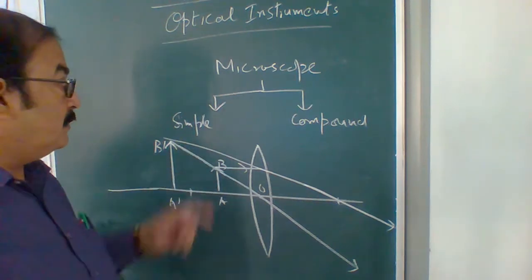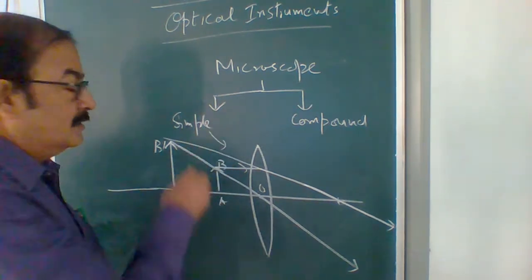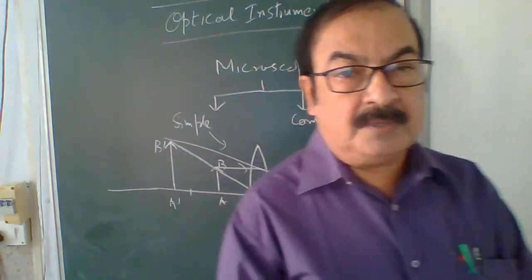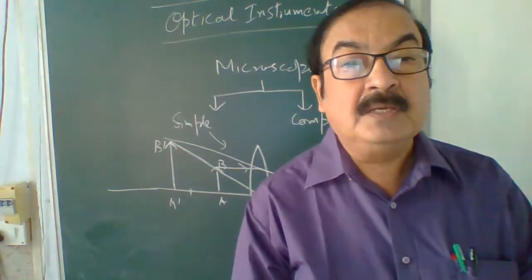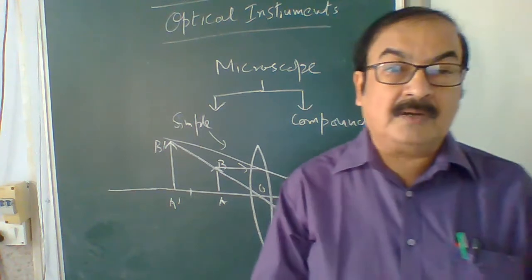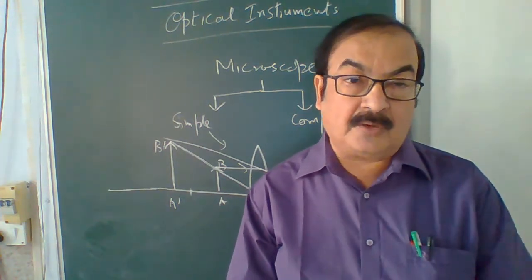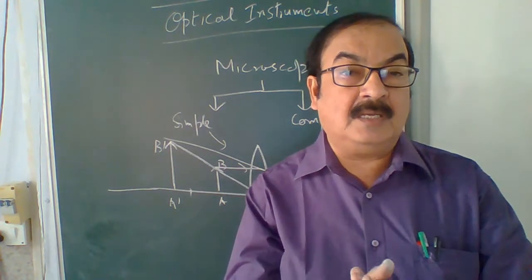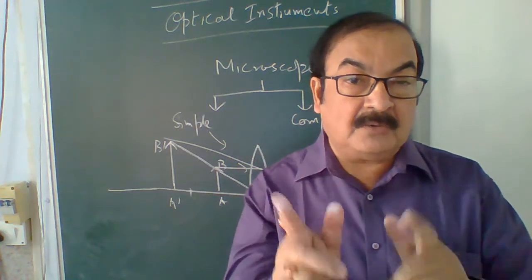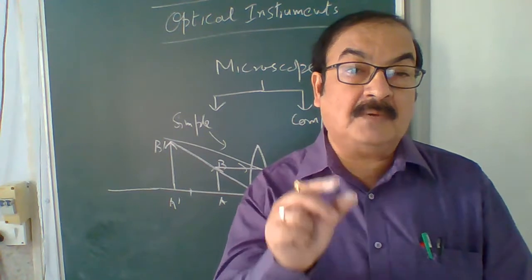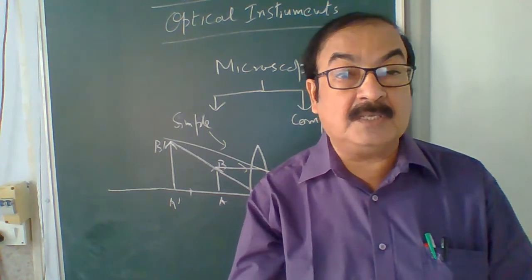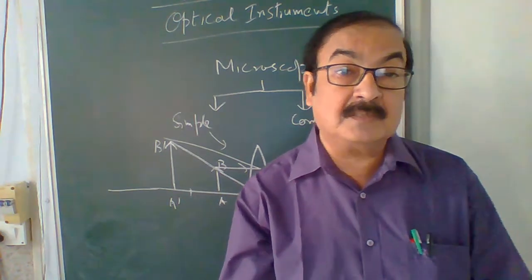Remember, the simple microscope is just like this. Always remember, if anybody asks what a simple microscope is, it is simply a convex lens of small focal length but of large aperture. We take a big convex lens, its aperture will be large, but it must have a very small focal length. Small focal length means it has larger power. It must have large, positive power.